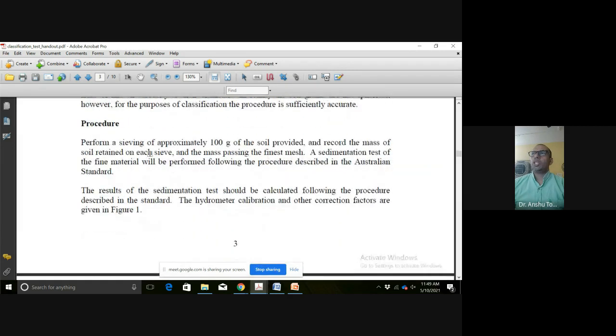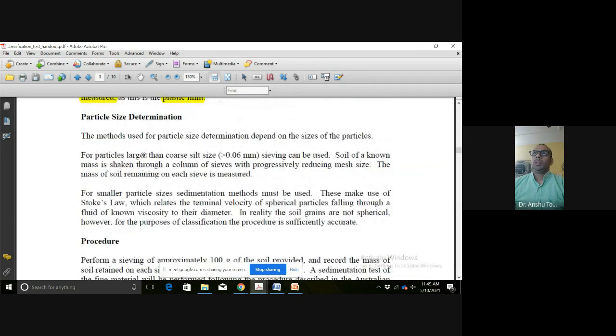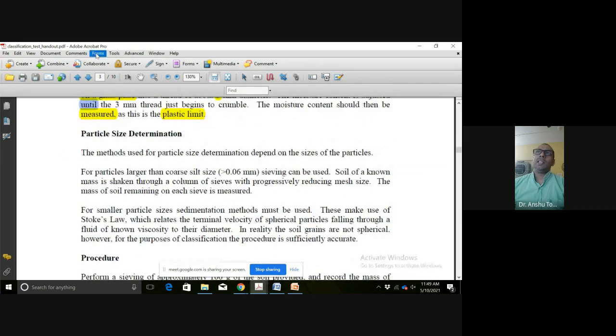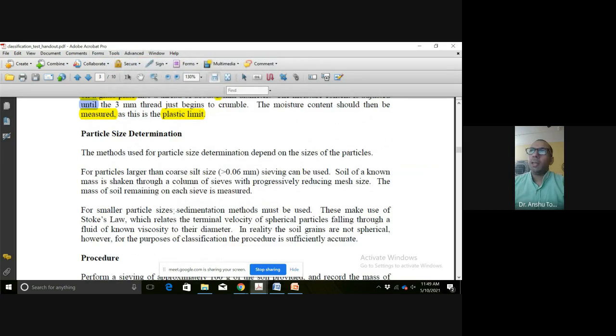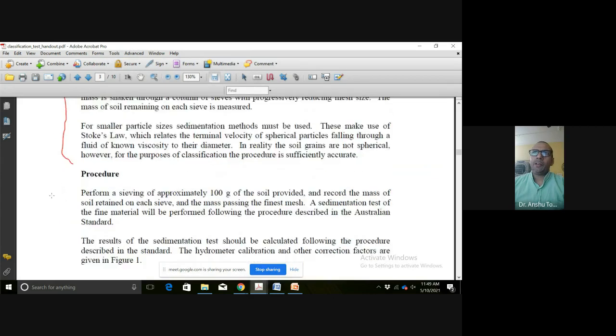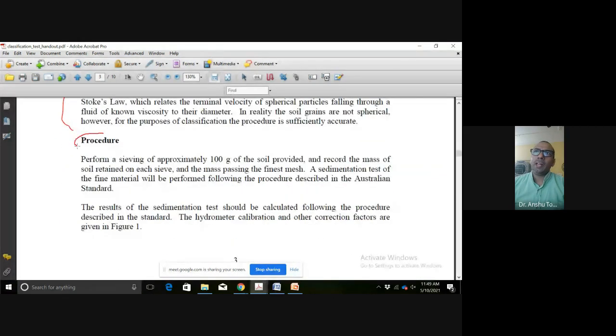Now this is the procedure. This is the explanation. That is what our purpose is. हम ये क्यों पढ़ रहे हैं हमें पता है, बट ये हमने यहाँ पे explanation देख लिया इसका. And after that, what is the experimental procedure? This is the experimental procedure which we are going to document in a report.